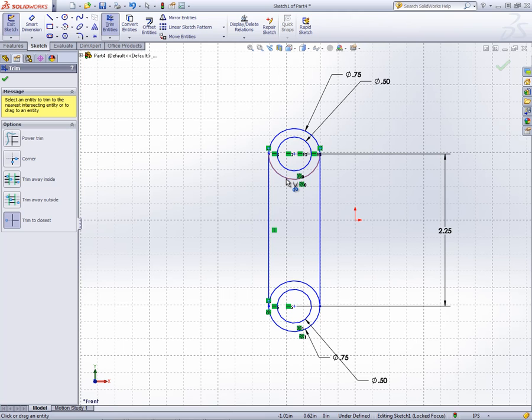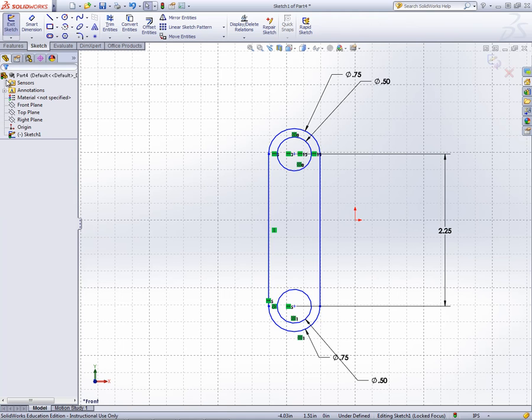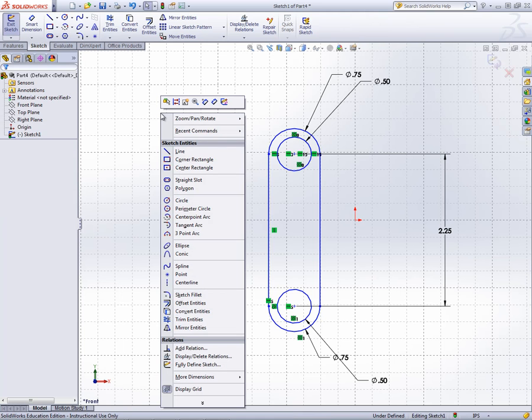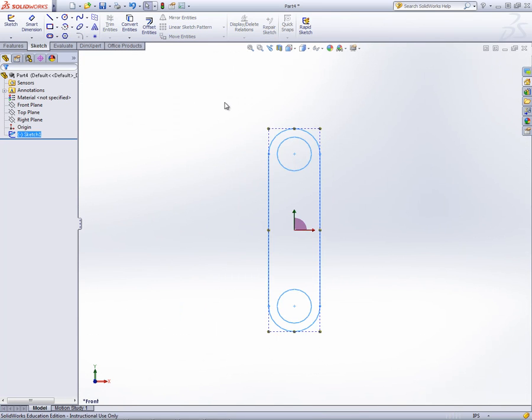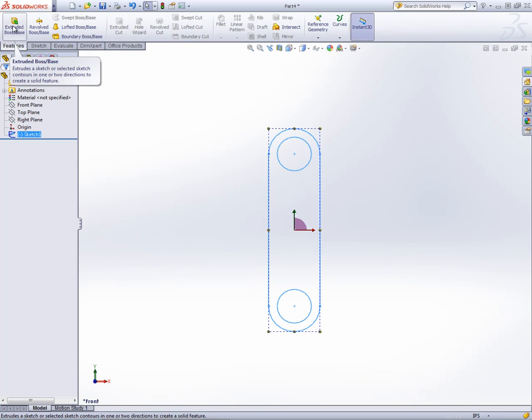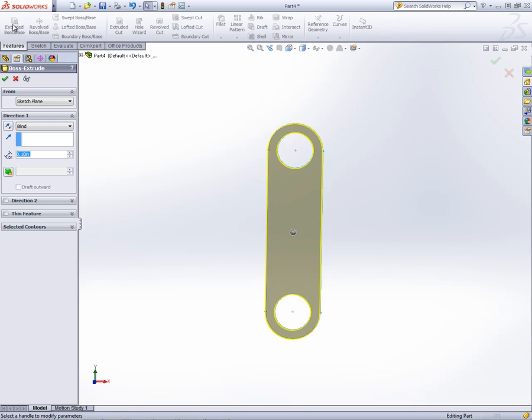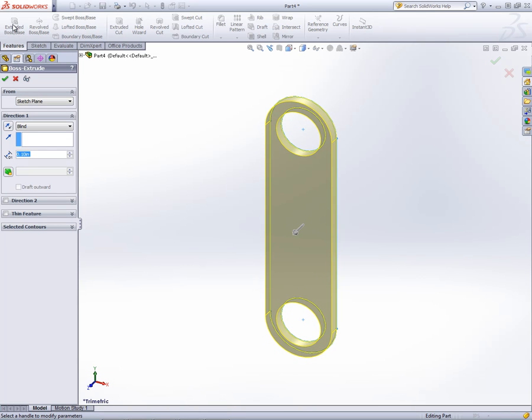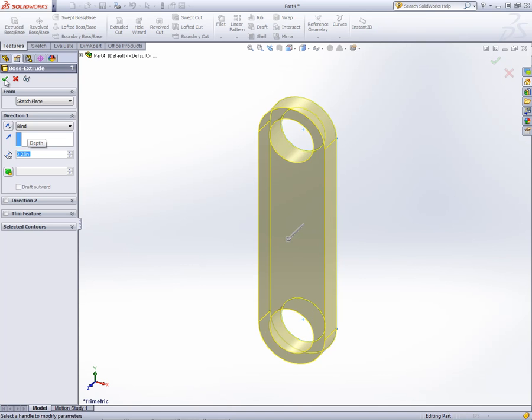It will become highlighted with the little pair of scissors. We simply left click one time, and SolidWorks will trim those lines out. Then we'll left click on the trim check mark under the trim command, and we'll right click, exit sketch, left click on the features tab, left click on extrude, we'll enter 0.25 and hit enter, and we'll left click on